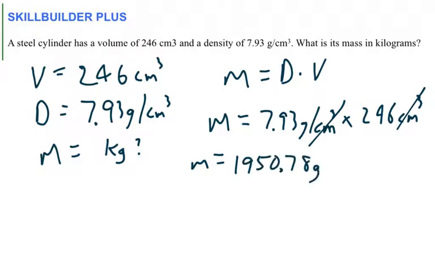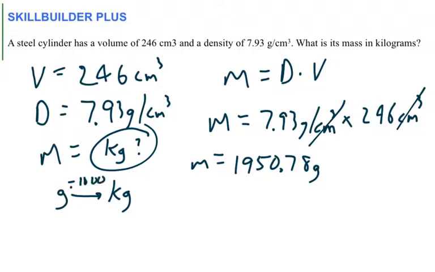1950.78 grams. Now, we have to do an extra step because they want us to go to kilograms. And to go from grams to kilograms, if you look at the grid, all you do is divide by 1,000, which means you're going to move the decimal point 3 spaces to the left. So if I were to move this 1, 2, 3, your answer would now be